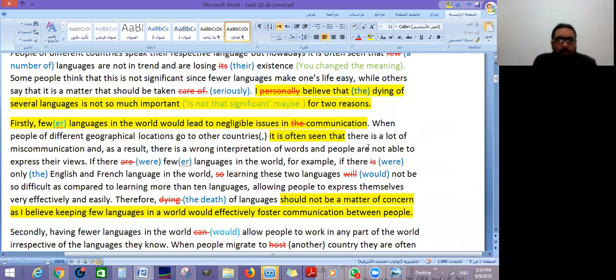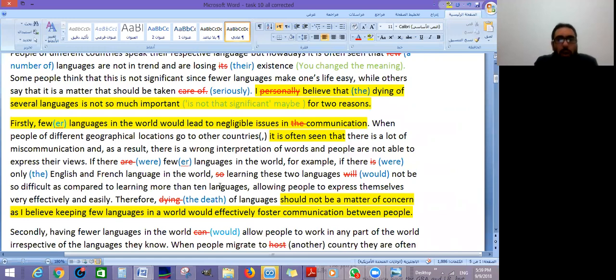If there, so I think here, I got the feeling that the person was trying to imagine the situation, yeah. So imagine a world where there were fewer languages. So usually when we're imagining situations, we use the second conditional: if plus past simple, would, could, plus an infinitive. So that's usually what we use. I got the feeling he was trying to use an imaginary situation, so imagining a world with fewer languages. So I put it in the past simple. So if there were fewer languages in the world, for example, if there were only the English and French language,